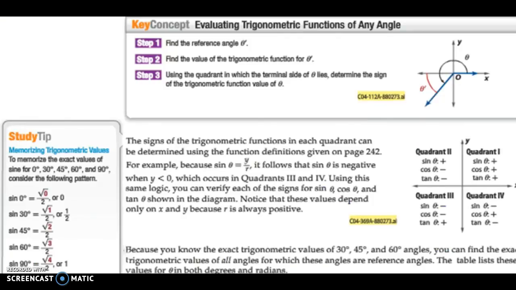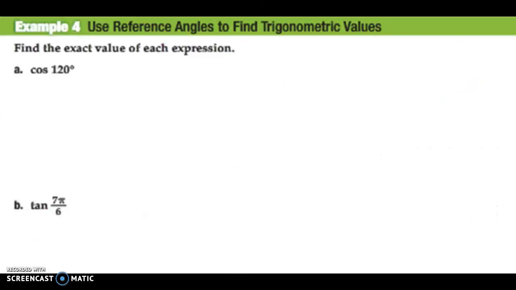So evaluating the trigonometric function of any angle, okay, if I'm going to find that, I find the reference angle, which we just practiced. You find the value of the trigonometric function for that value, and then you use the quadrant to determine what it's going to be. So if we're finding the exact value of this expression right here, cosine of 120 degrees,